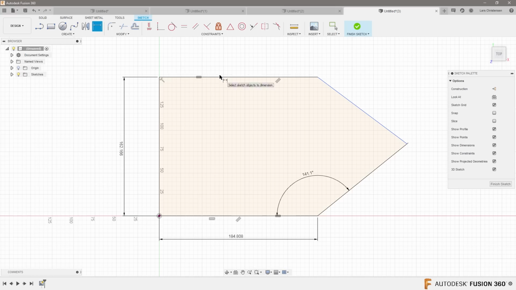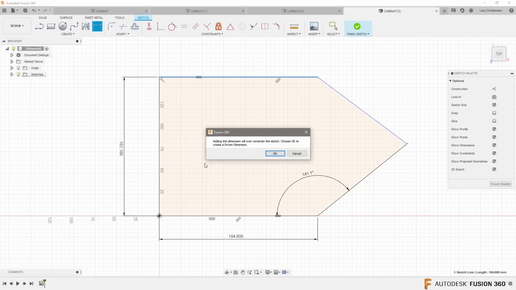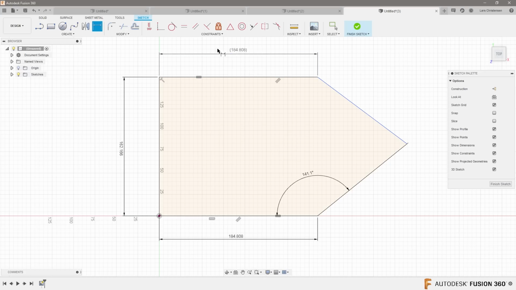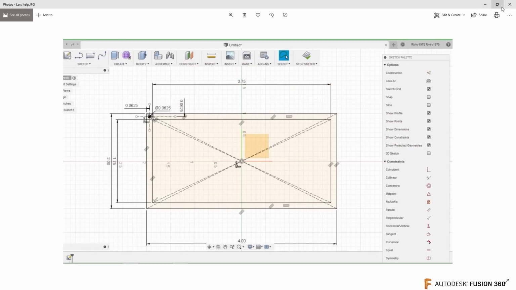If I'm trying to place a dimension, you get this warning. Now, this is not an error message. It's just a warning that if I'm adding this dimension, it will be in brackets, which means that it's not doing anything other than just letting me know what the length is, which in this case is the same as this. What I do, Ben, when